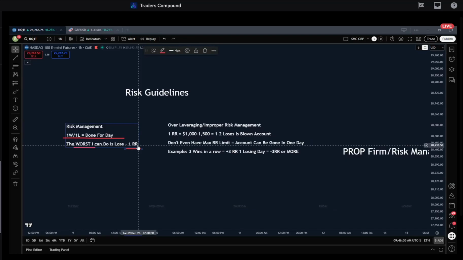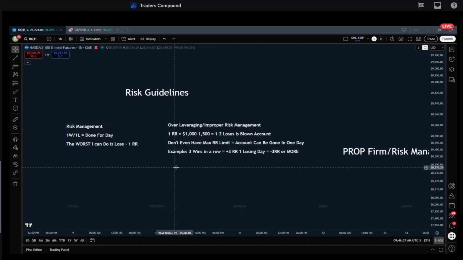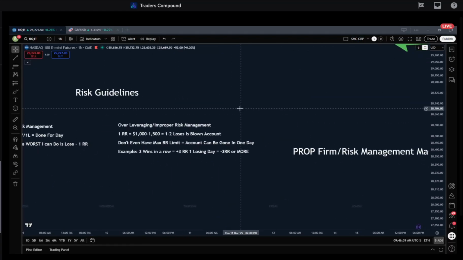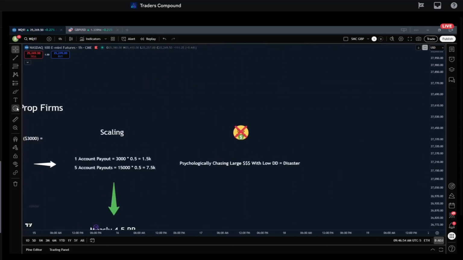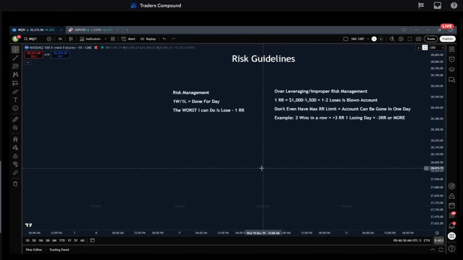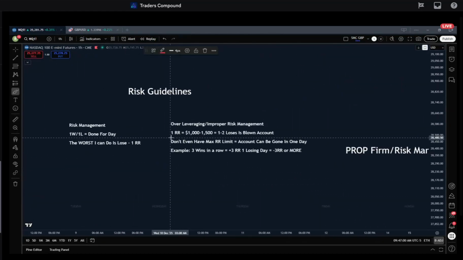I say this probably at least once a week. I really hope you guys are getting upset at me for hearing this, right? You have to give yourself a floor, especially with such tight drawdown rules trading funded accounts. Again, you guys have such small leverage on these accounts, like 2,000 bucks if you're trading a 50K. That's not a lot. So again, for some of us chasing a psychological number saying, I need more, I need more, I need more, what we could be doing is over leveraging.